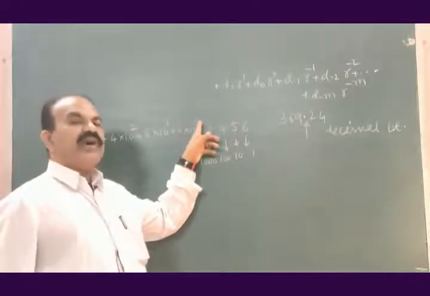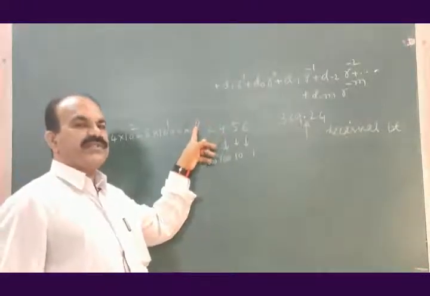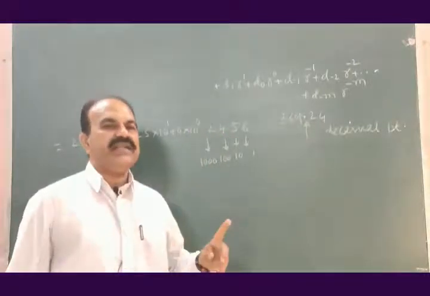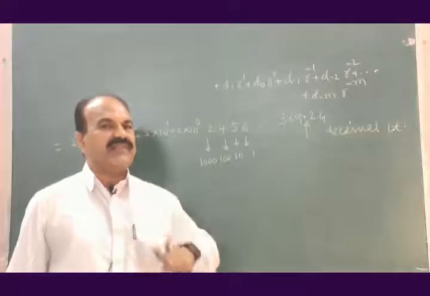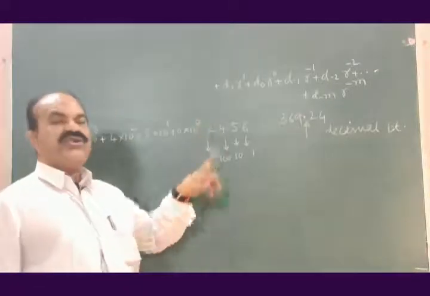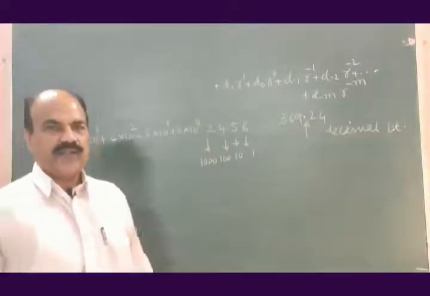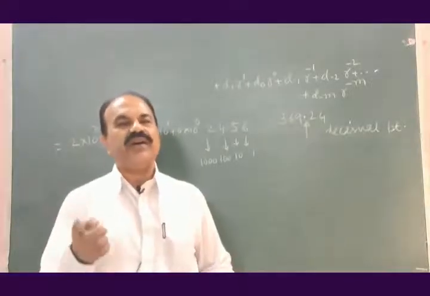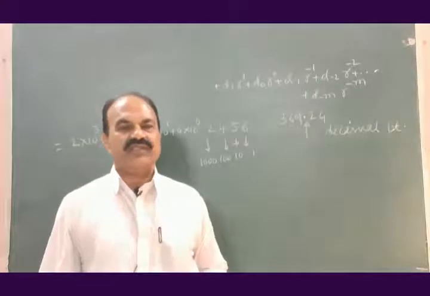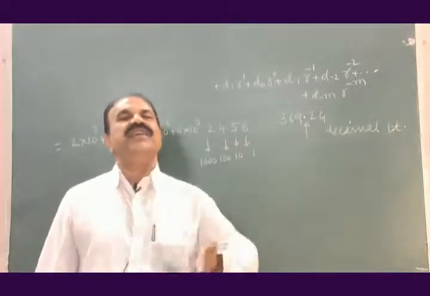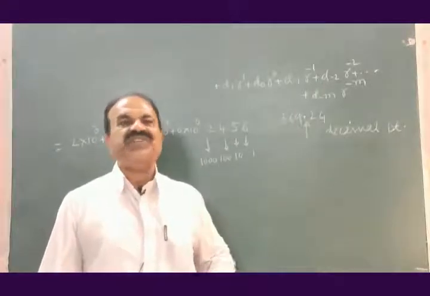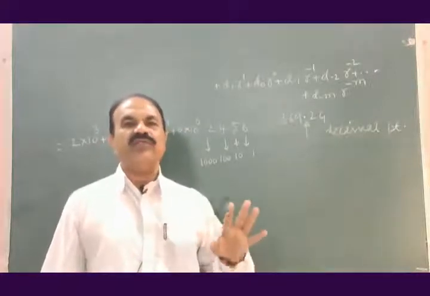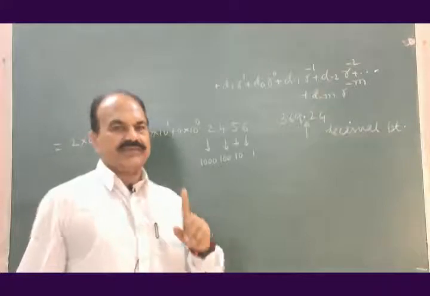Whenever 0 power is raised for any number, the value of that number will always be 1. 10 to the power 0 is always 1. 2 to the power 0 is always 1. 11 to the power 0 is always 1. X to the power 0 is always 1. So whenever 0 is raised to the power of any number, the value will be 1.